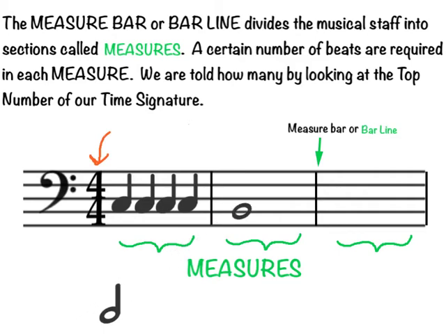We can put 1 whole note in a measure because a whole note is 4 beats, so it will take up the whole measure. We can put 2 half notes in a measure, and that will be 4 beats. Make sure that when you put your notes in, add the beats together, and make sure that they add up to the number that is at the top of the time signature. This is not the number of notes in a measure. It is the number of beats.